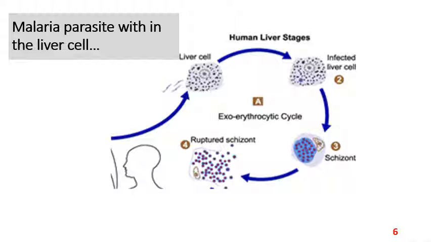The trophozoite increases in size and finally develops into a tissue schizont, also known as a meront, containing several thousands of merozoites. These get distended and then the cell ruptures, releasing merozoites into the bloodstream. And this marks the beginning of